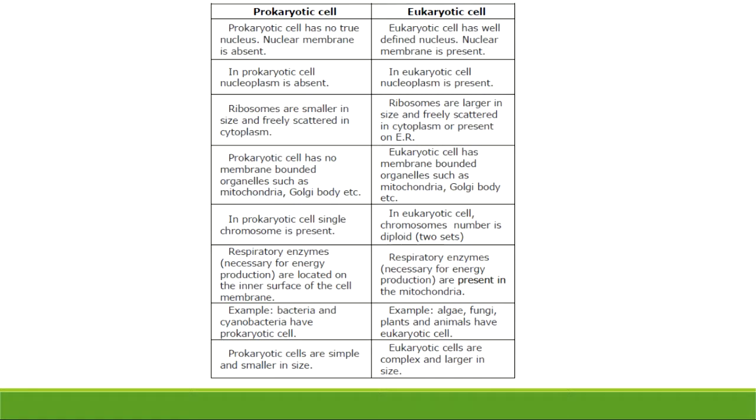What is the difference between prokaryotic and eukaryotic cells? We can distinguish cells into two types: one is prokaryotic and the other is eukaryotic. Prokaryotic cells are the primitive and oldest cells. They are always